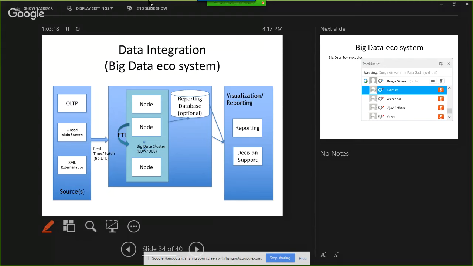But still, some companies are using traditional databases for reporting purposes because they work well with Business Objects, MicroStrategy, etc. And because the BI tool will come with many features like role-based authentication and all those things. Still, they are using it, but eventually the relevance of that reporting database also will go down significantly.